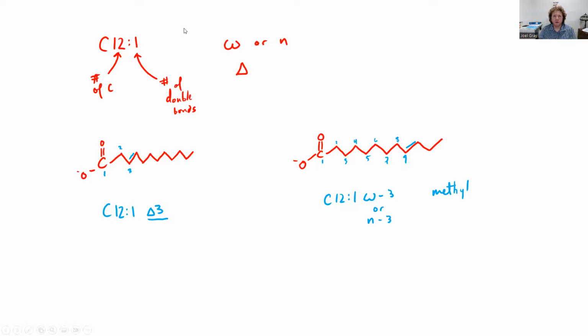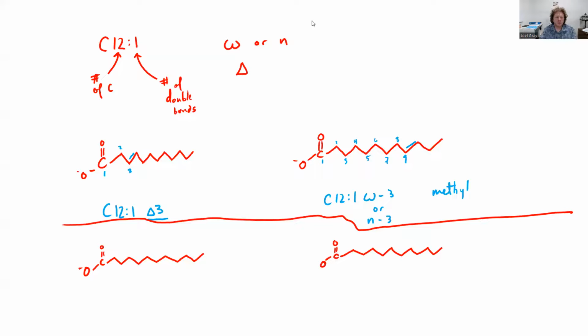So I'm going to go ahead and draw a pair of polyunsaturated fatty acids so that we can look at this in comparison. For these two 12 carbon long fatty acids listed at the bottom, I want to depict them as polyunsaturated fatty acids. So I'm going to say C12:1, delta 3, 5. Okay, so what this tells me is that my double bonds end up on carbon number